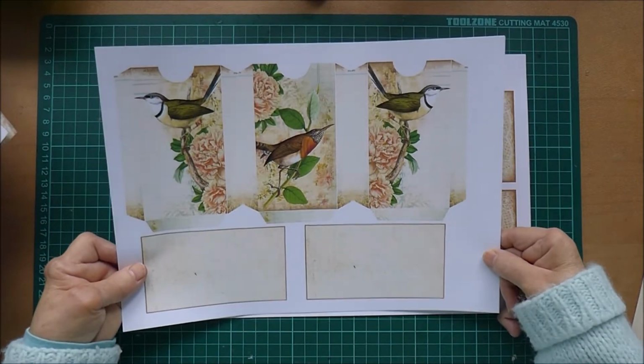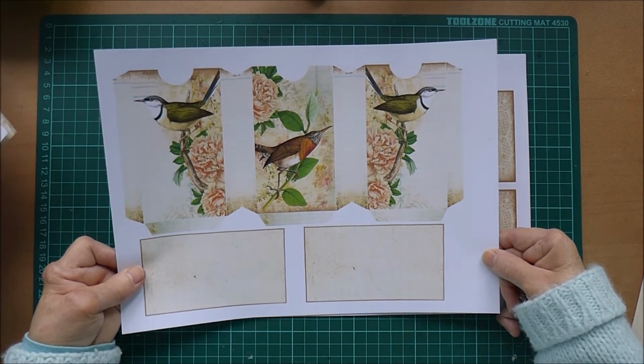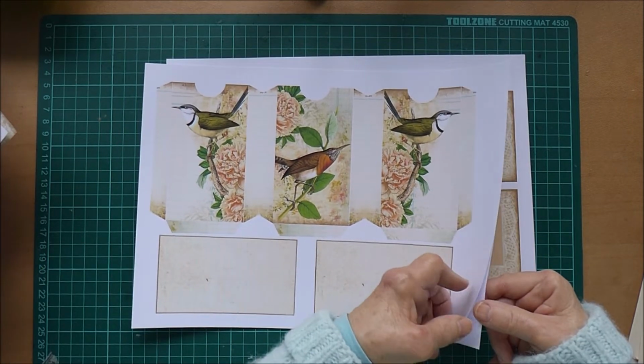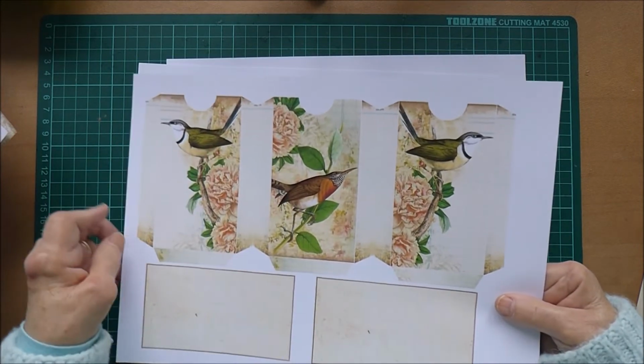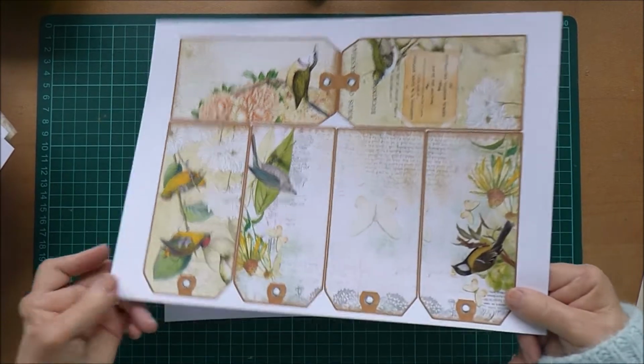And that looks like a trifold something or other. Yeah, that could be interesting. Not quite sure how I'm going to do that, but I will have a go. Some sort of trifold coin envelope thingy. Don't know what that is. Lots of tags,